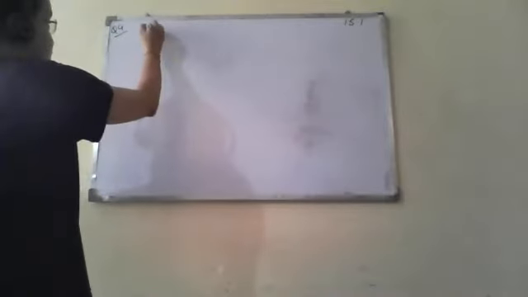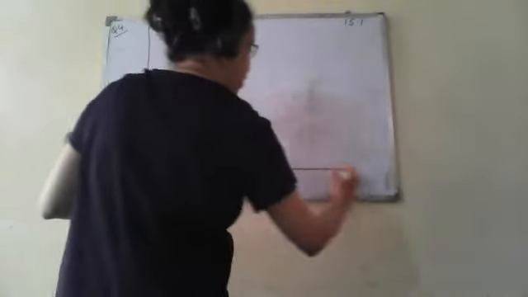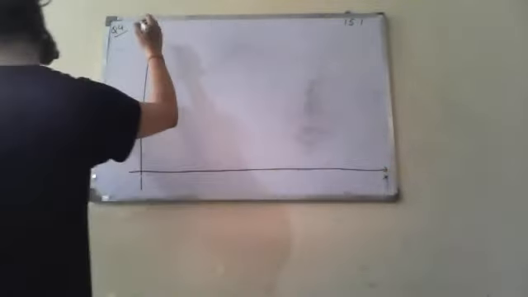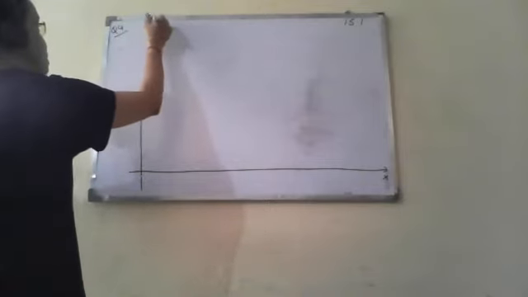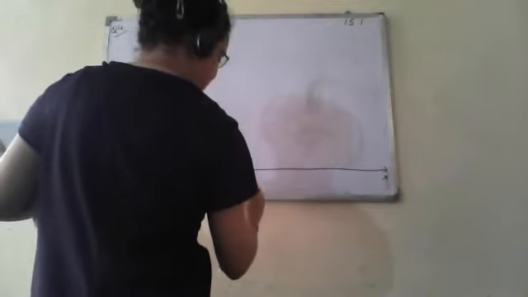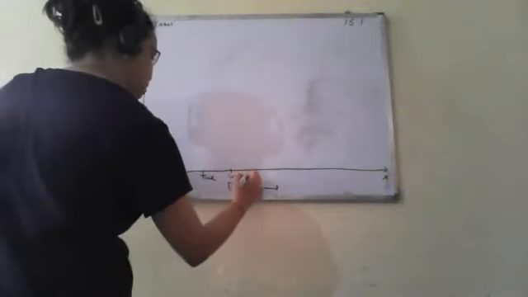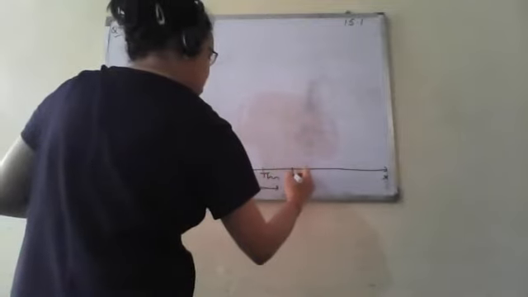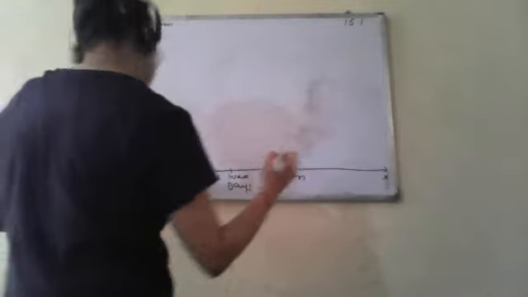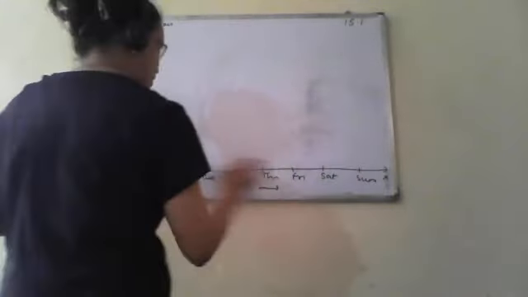So we have, on the x-axis, this is our x-axis, and this is the y-axis. On the x-axis they have taken days like Monday, Tuesday, Wednesday, Thursday, Friday, Saturday and Sunday. So 7 different days of the week, and on the y-axis they have taken